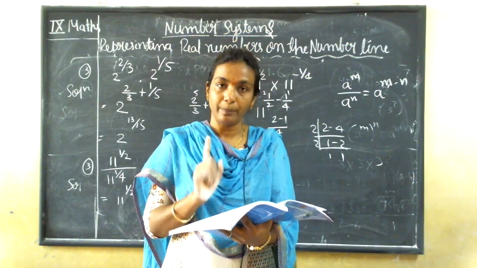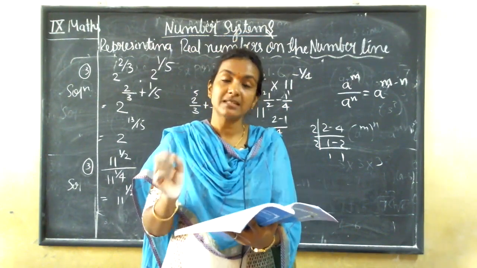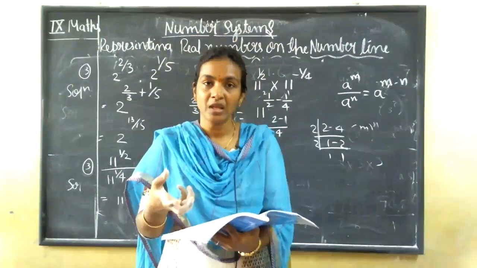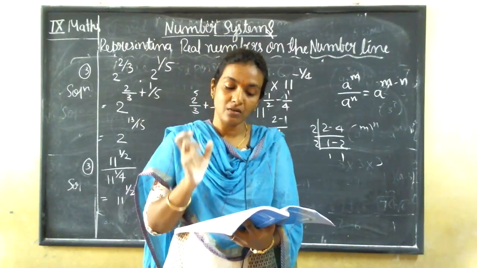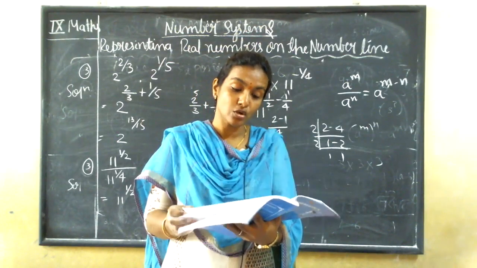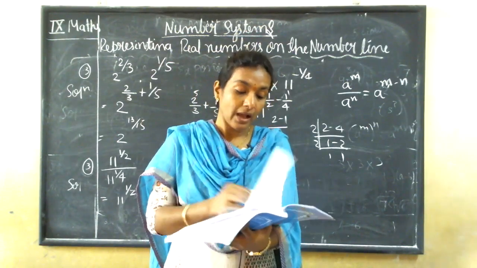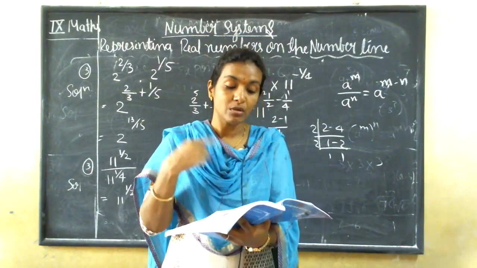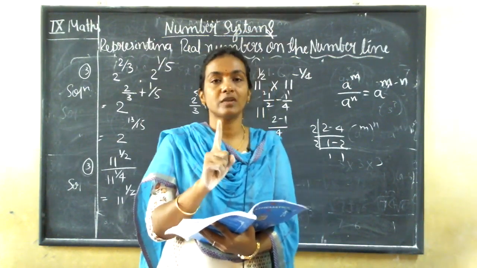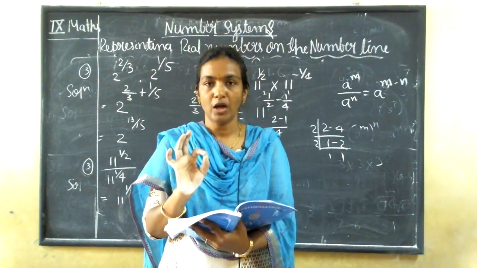Today I'm going to give you a PDF. You will get that PDF by tomorrow. And the examples I have solved on the board, I hope you have all followed them and copied them. Try yourself what is there in your textbook, and you will get problems on successive operations, division of numbers, and converting the irrational number into the p by q form also. So one total chapter is there for your first test for 20 marks. I hope it is clear.